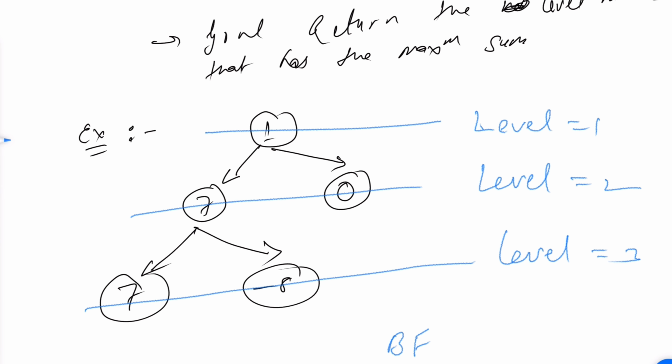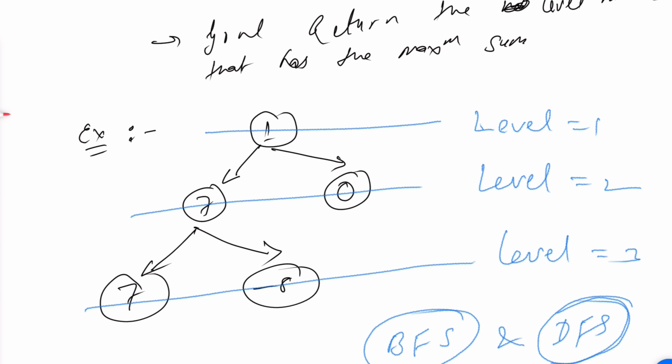The breadth first search and DFS, depth first search. Either way, you can go through all the levels and find the answer. The problem with depth first search is that it will go in the depth way, which is not required here, right? But in breadth first search, what happens,